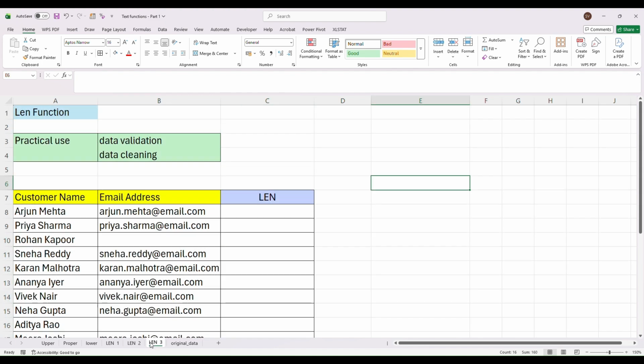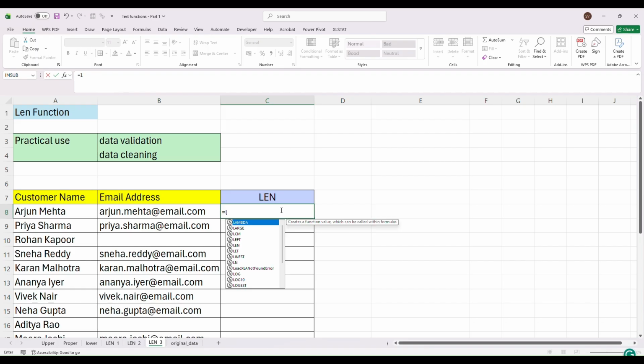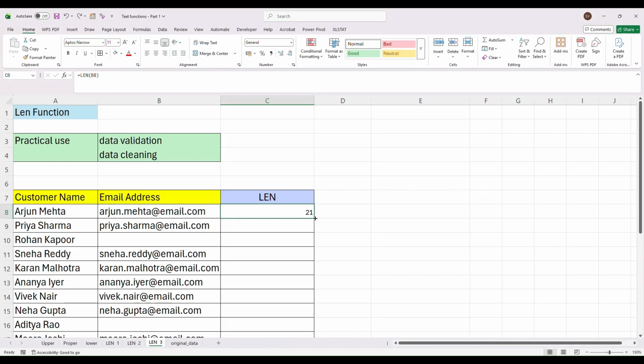And suppose if we have some missing data and we need to update that, that also we can find when you have huge amount of data where there are 10,000 rows or more than that, the number of customers are huge. So you want to only highlight those where you're missing the email. So you use again the len function, and then you open the parenthesis, give the reference cell and close the parenthesis, and then press enter. So let's copy the formula down,